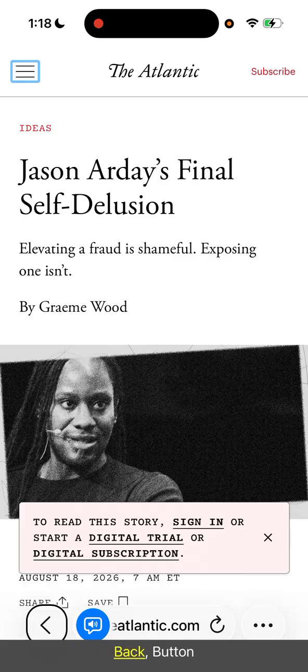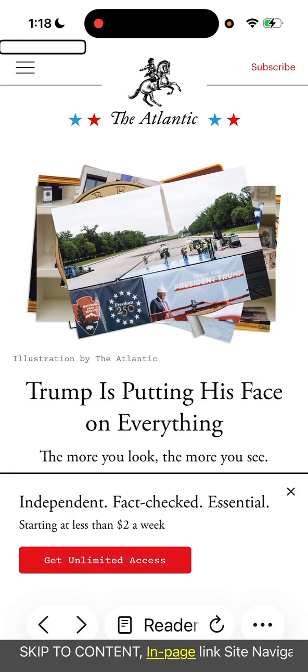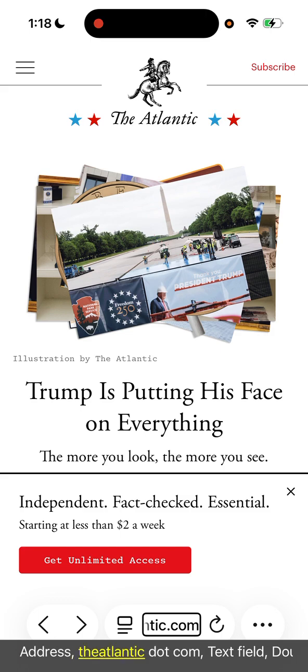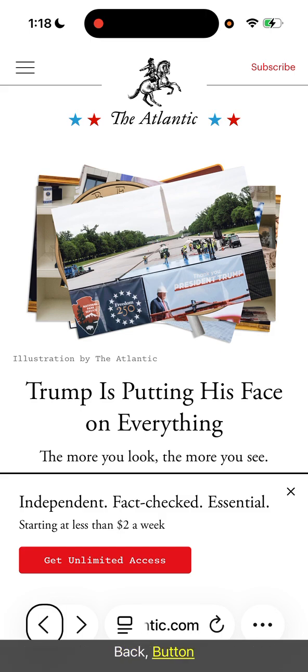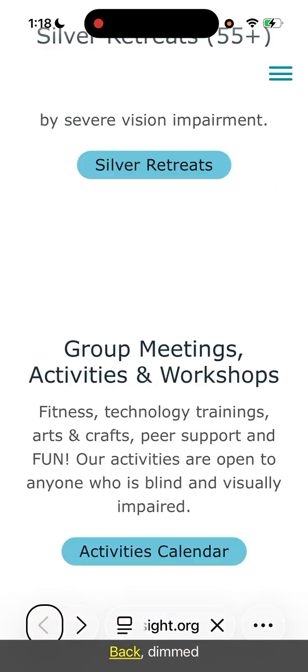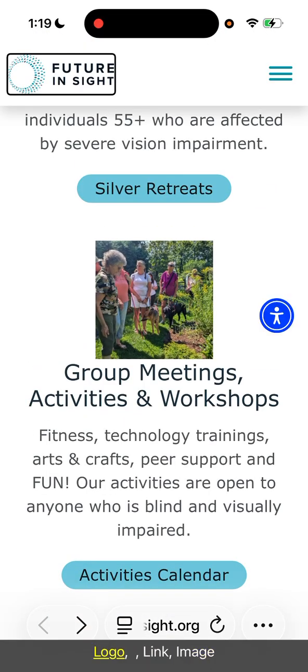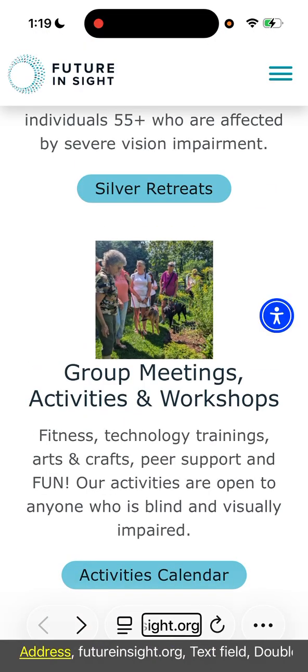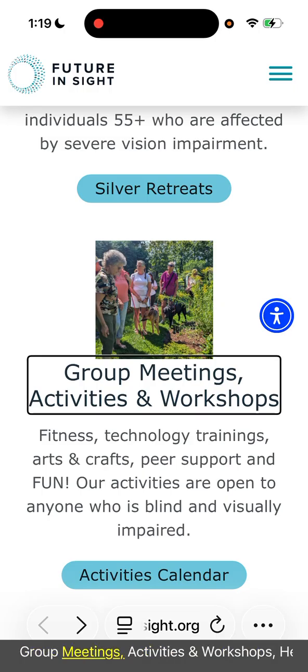All right, I went back in that lower left corner. Address, theatlantic.com. I'm going to go back again, another layer. Back, address, futureinsight.org, text field. And that's where I want to be. So we're going to practice on the futureinsight.org